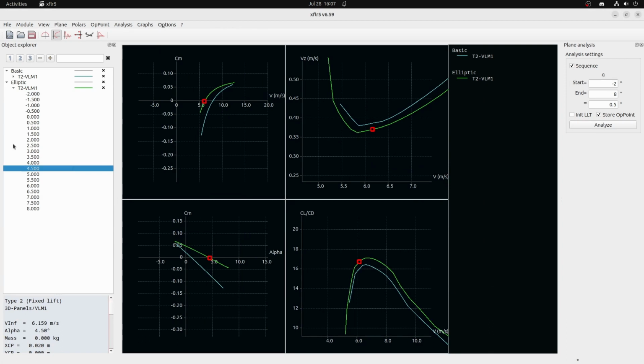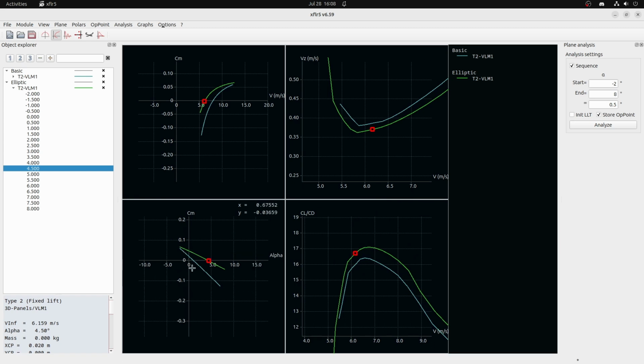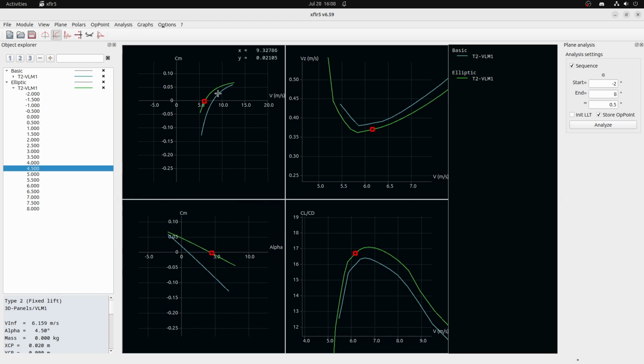And we're still slightly too slow, but you can see we've actually increased the performance quite significantly in both the descent rate and the lift-drag ratio from our original basic design, and we've come up with a slightly better position for the centre of gravity. We do have one little issue here, which is if we plot the moment of rotation against the angle of attack on the wing of the entire plane, you can see that the operating point where we're nicely trimmed, we're operating at nearly 5 degrees angle of attack. And the trouble with that